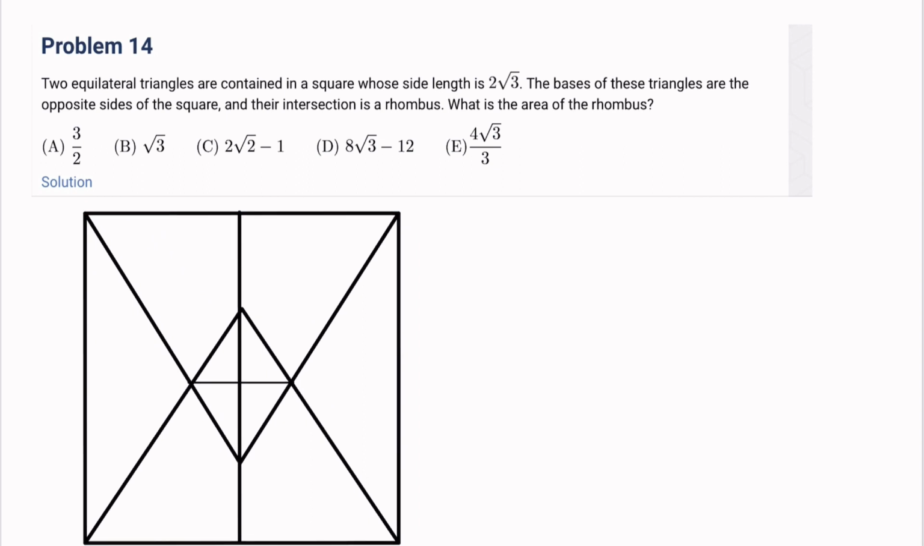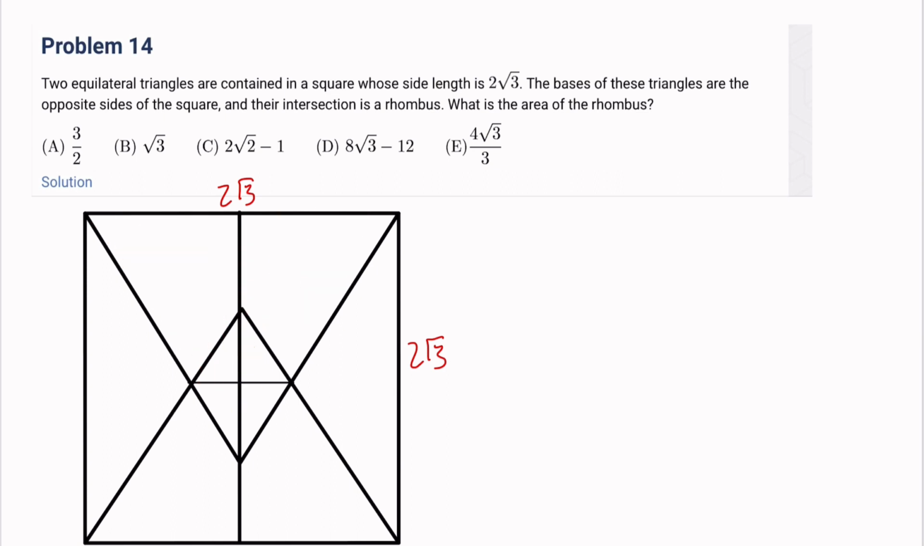And so these are the two equilateral triangles, this one and this one. The drawing's not perfect, but the side length is 2√3, right? And so this much would be 2√3, and this much would also be 2√3, etc. And the bases are the opposite sides of the square, and their intersection is a rhombus, and then we want this area, right? And this is 2√3 also, and since this is an equilateral triangle, this is 60 degrees,